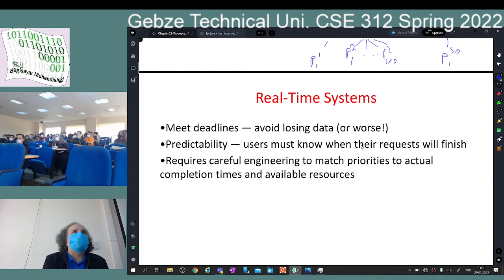I need to know that if I need the CPU, I have a guarantee that I will have the CPU in 50 milliseconds, 100 milliseconds. Otherwise, I am trying to control a nuclear power plant. Okay, otherwise things will get nasty. I am trying to control the braking mechanism of a car. If I don't get the CPU in 10 milliseconds, this car might crash. Okay, so those are the time critical jobs, and real-time systems are good for those kinds of specialist cases.